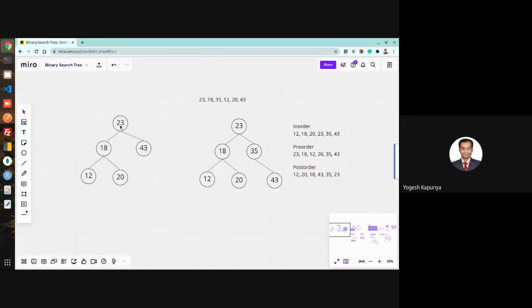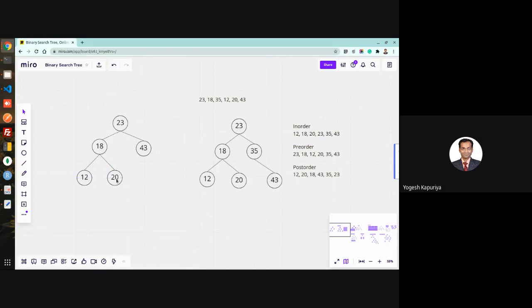So when you want to delete 23, the first thing you need to identify, there are two options. Who will take the position of 23 if I delete 23? First option, some node from the left part or the left subtree will take its position.